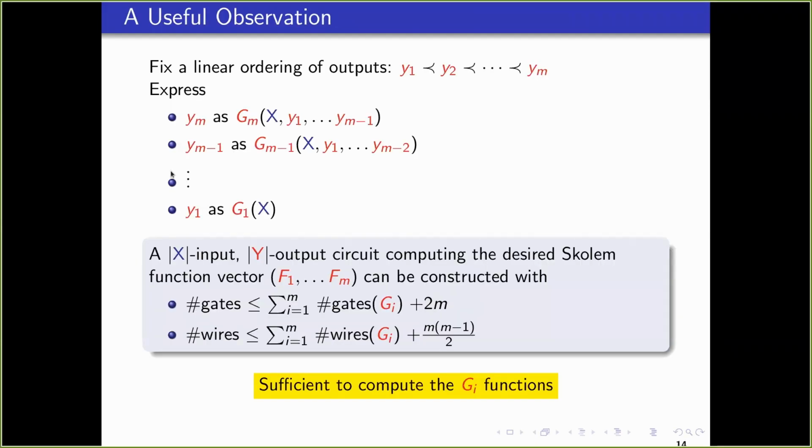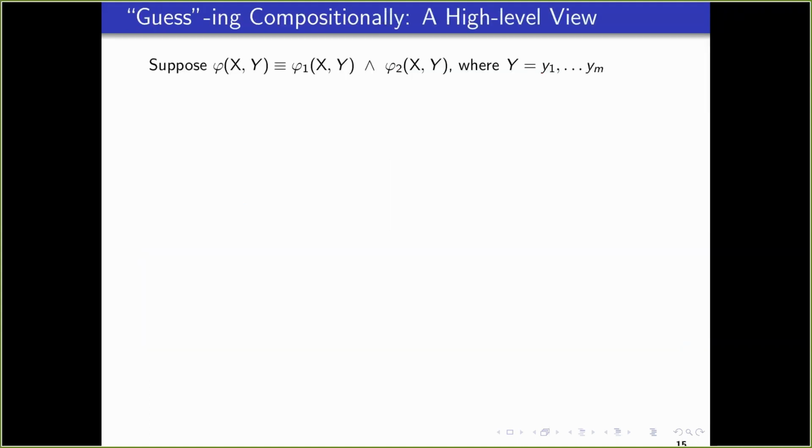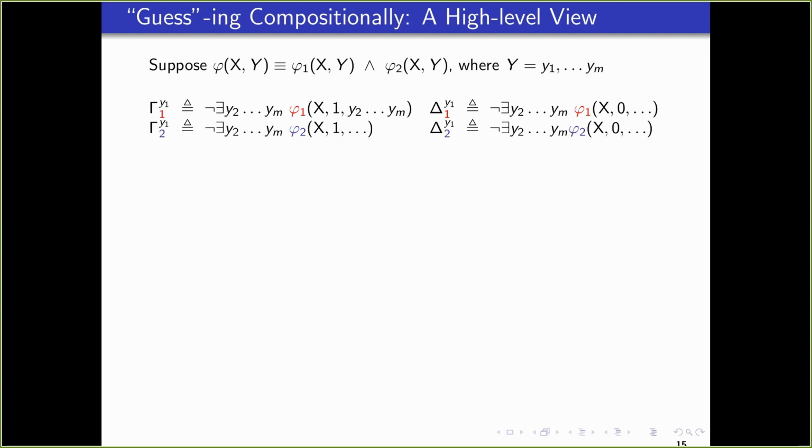So instead of trying to find out what these things will look like precisely, we are going to use some approximations. Okay, so what does this compositional guessing look like? It says that if your specification was phi1 and phi2, then what you can do is find the gamma and delta in phi1, and find the gamma and delta in phi2. So basically treat each of these as a specification and try to solve the problems for them. So you find the gamma and delta sets for each.